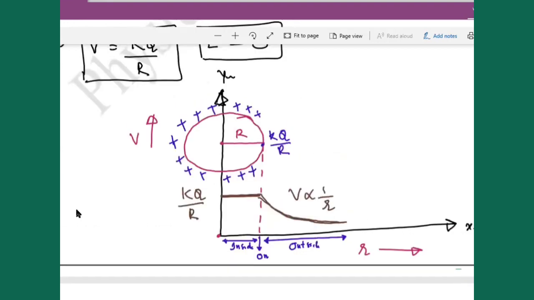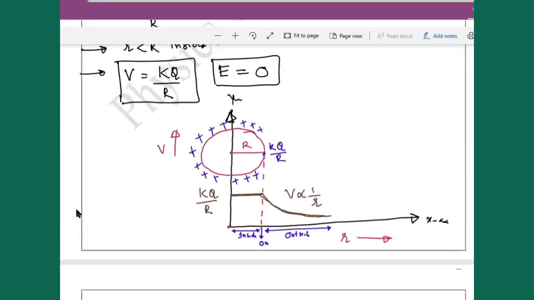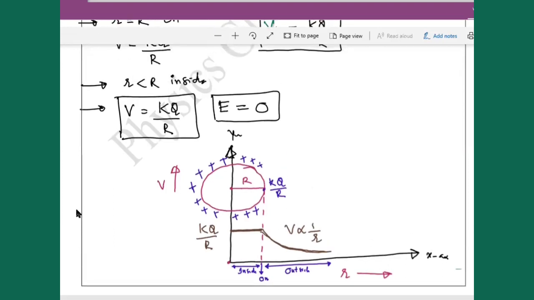So this is the graph for inside and outside. Here it is nothing but 0, and r on the axis. Hope it is clear, all of you, till this point. Case 2 we will see, non-conducting sphere with charges inside. How to calculate potential, that we'll discuss tomorrow. I hope you are very comfortable.